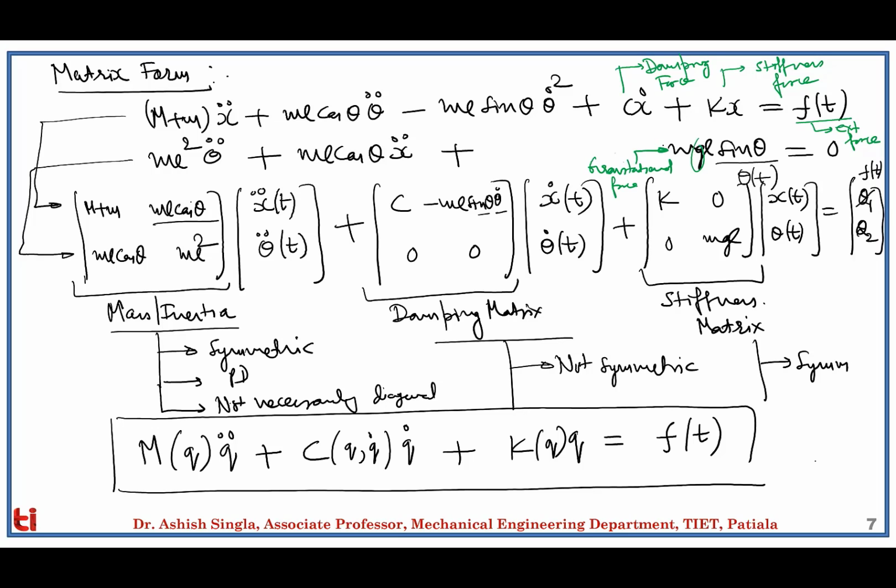Wherever we have the double dot of the position variable, like over here, 1, 2, 3, 4, whenever we have a double dot, all these terms are called inertial terms. So this will comprise the inertia matrix, and these are called inertia forces. So what is left? This term is left. Let's try to understand the significance of this term.